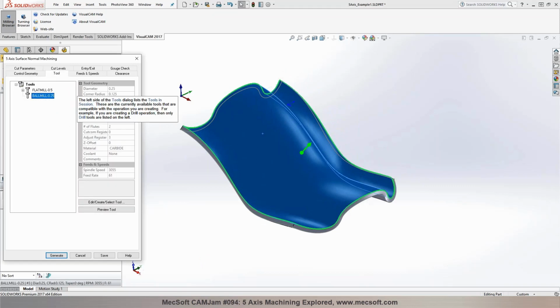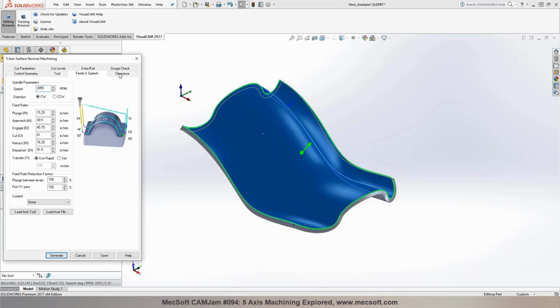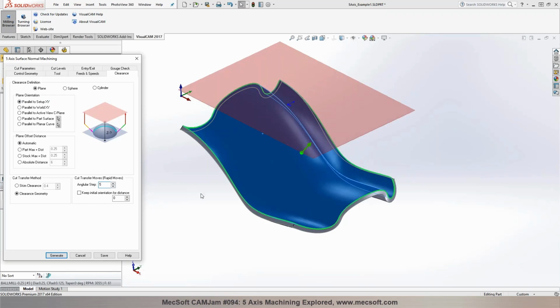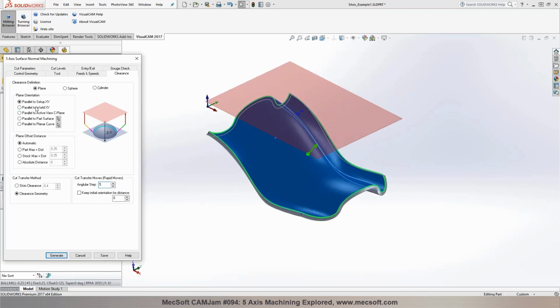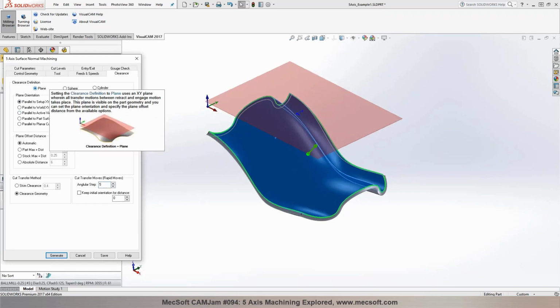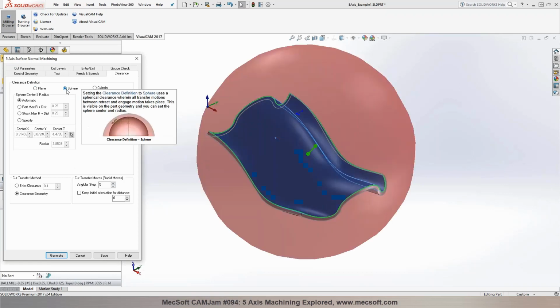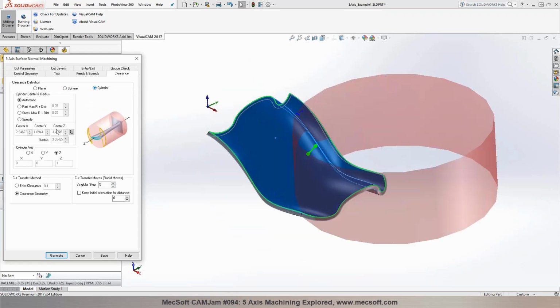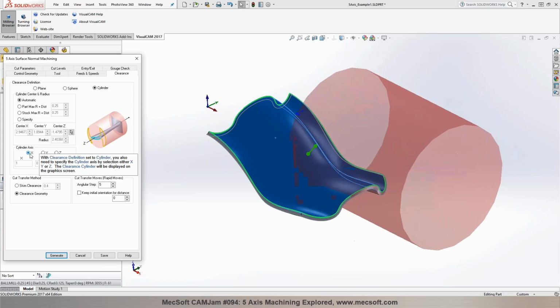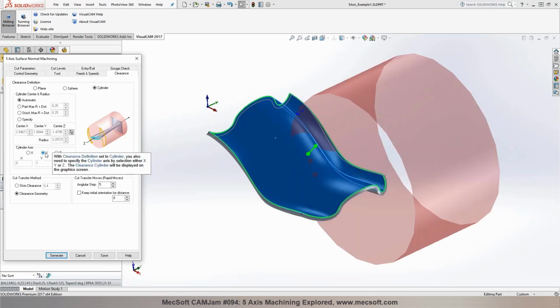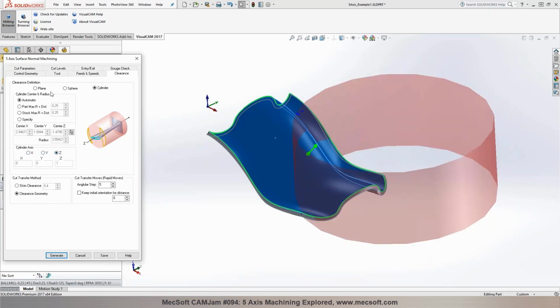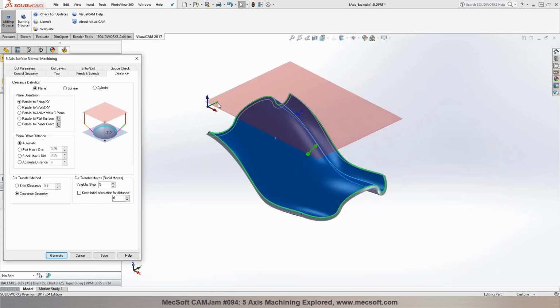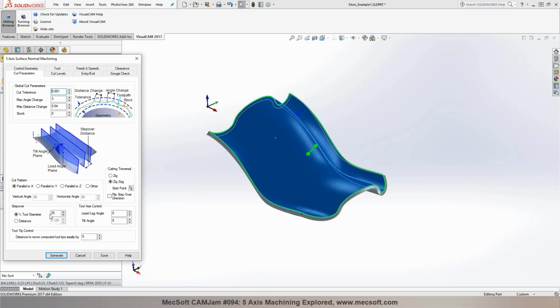Next step is to make your selection for the tool, feeds and speeds, your clearance. You have different ways you can establish clearance for simultaneous 5-axis. You can do a planar, you can do a spherical clearance, or a cylindrical clearance where you can specify the clearance X, whether you want to do X, Y, or Z. You can input all the parameters. Now for this particular process, I'm going to just do a planar clearance definition,